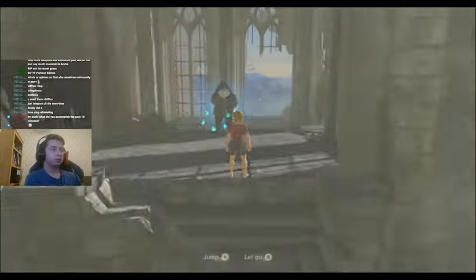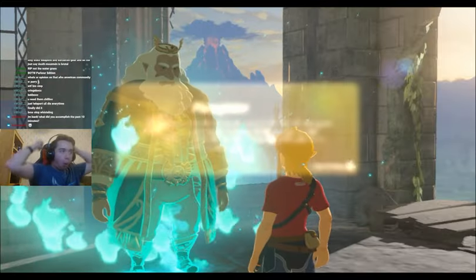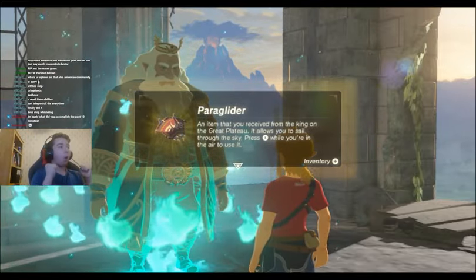where I met the King of Hyrule, and he finally gave me the paraglider, beating the Great Plateau without